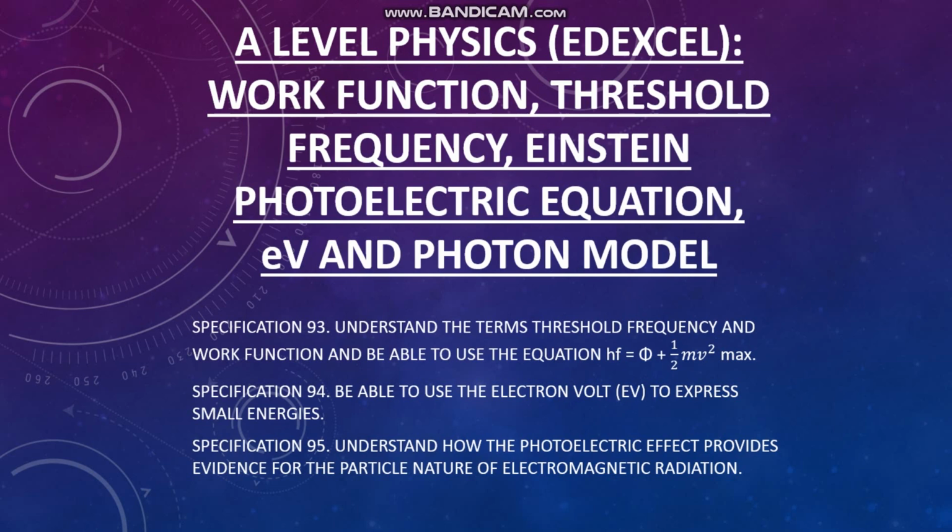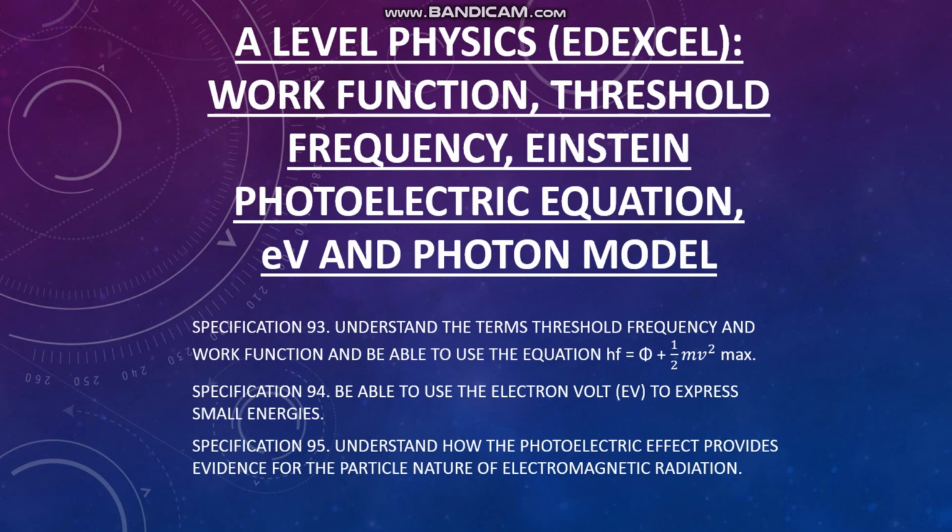Specification point 93 states that we need to understand the terms threshold frequency and work function and be able to use the equation hf equals phi, which is the work function of the given material, plus 1/2 mv squared max, which is the equation for kinetic energy. Specification point 94 states that we need to be able to use the electron volt to express small energies. Specification point 95 also states that we need to understand how the photoelectric effect provides evidence for the particle nature of